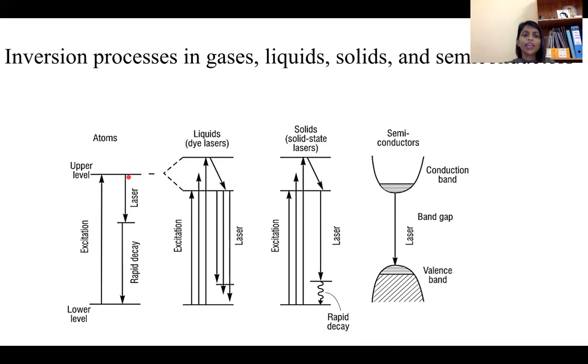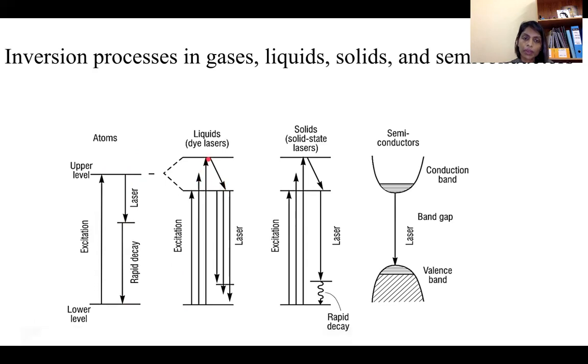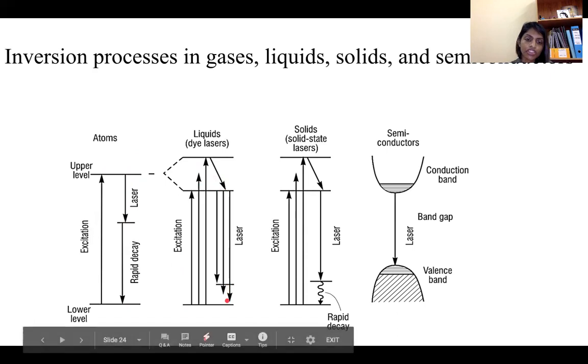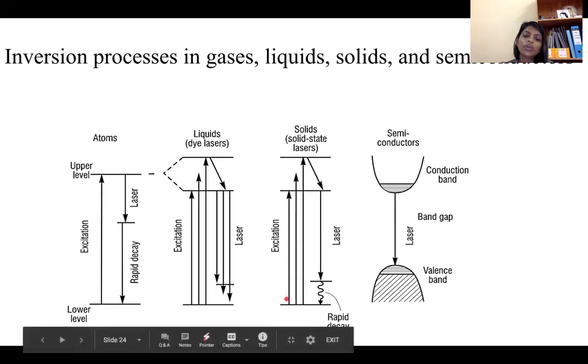So this is 3-way. And in liquids, most probably they are dye lasers, first they are excited, and then they drop down to the metastable level, and then with lasing action, they drop down to lower ground levels. Solid state, like in the ruby crystal, for example, they will also first be excited to